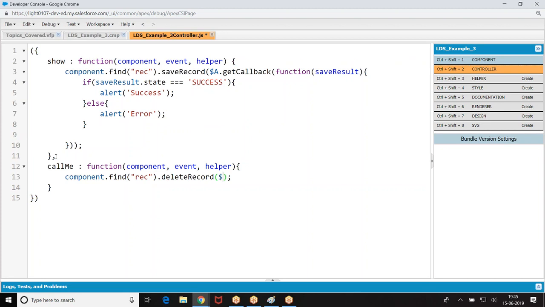Here we had $a dot get callback function. Record is deleted. But I just want to know whether the record was deleted or not.